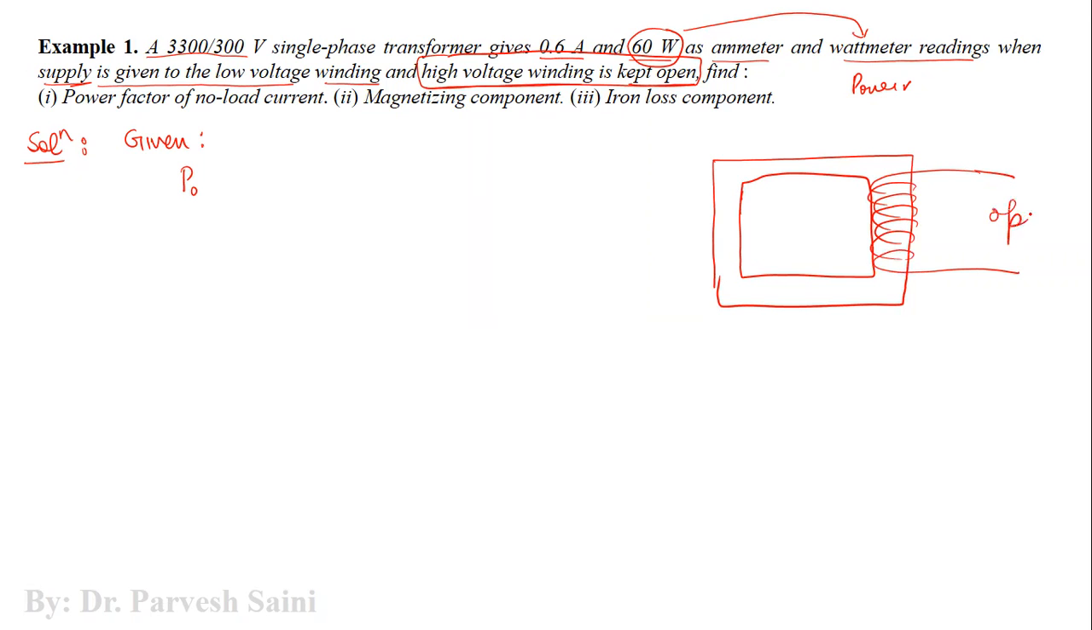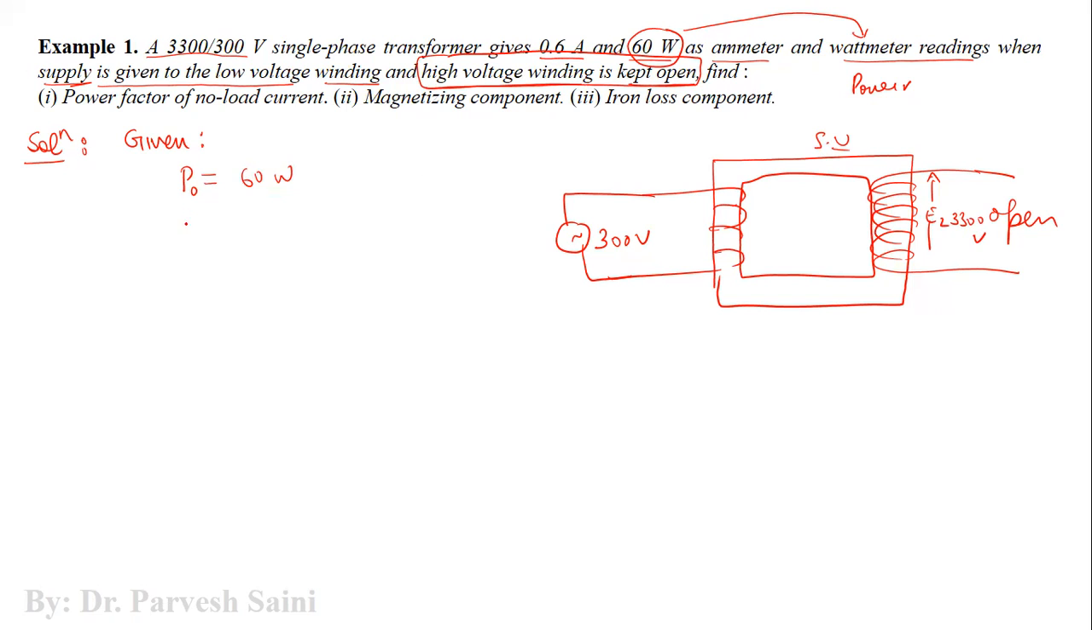So it is open, and the low voltage winding is connected to a supply. So this is 300 volt, and this E2 is 3300 volt. Because the high voltage winding is kept open, this is a step up transformer. So the power under no load condition is given as 60 watt,